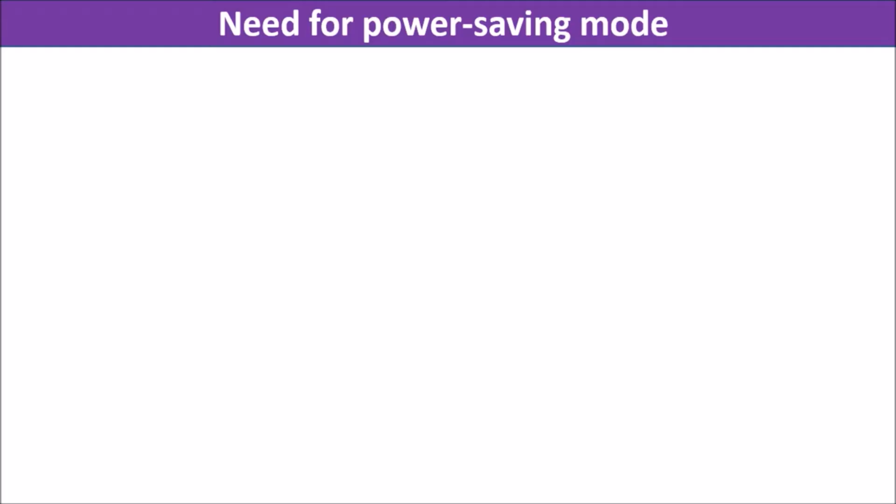At a time, we are not using all the components or all the blocks available in the microcontroller. Maybe you are using the timer, but you are not using the serial communication block. So it is better to stop the power given to the serial communication block so that we can save power. So the idea behind power saving mode is to stop the power to the blocks which we are not using at the current state of time, so that we can save the power.